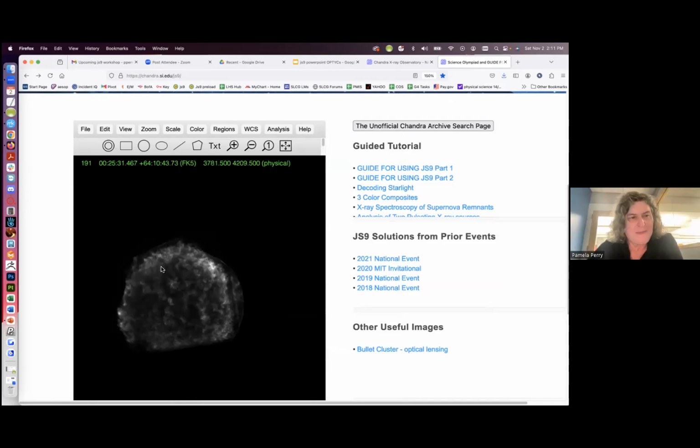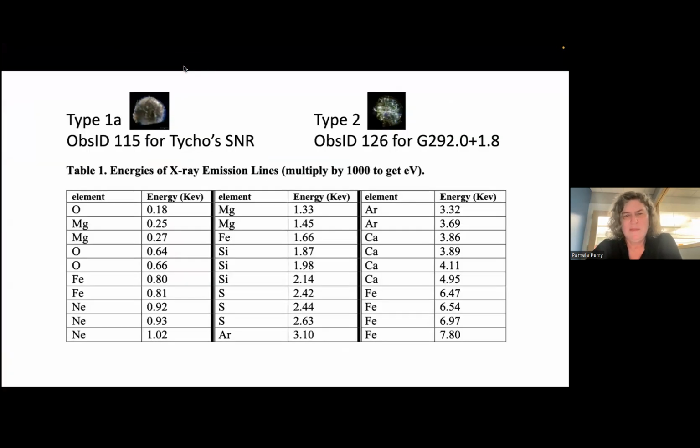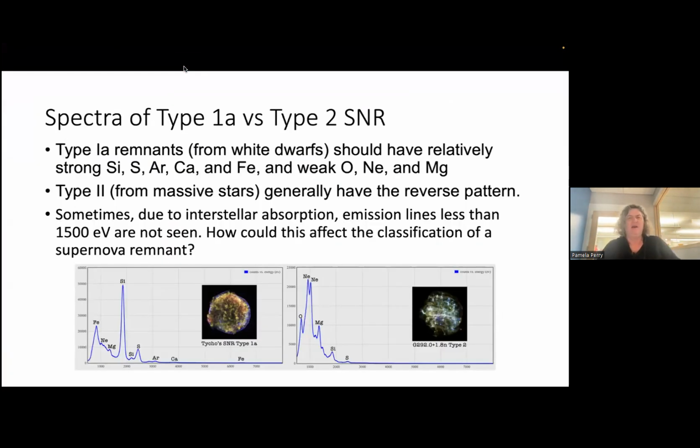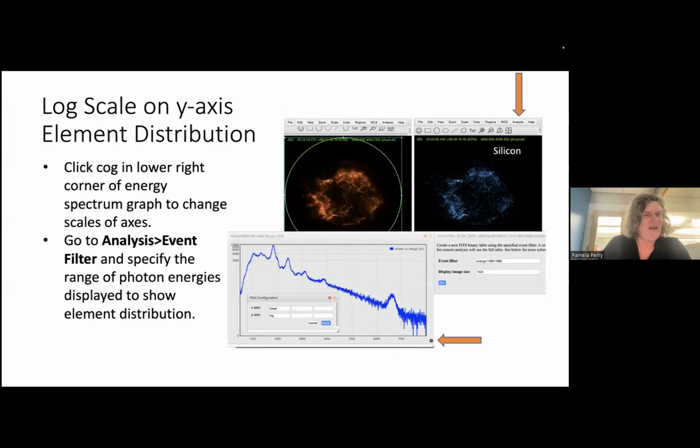Any other questions? Okay, so I'm kind of giving you the answer here. If you had time to go through the whole activity, but if you look at the two spectra, this is in a linear scale on the y-axis. I sometimes think that it's easier to see with the scale being logarithmic. I can see more of the element bumps. To me, I like looking at it this way better. DS9 used to do it logarithmically by default, and JS9 does it linearly by default. But anyway,